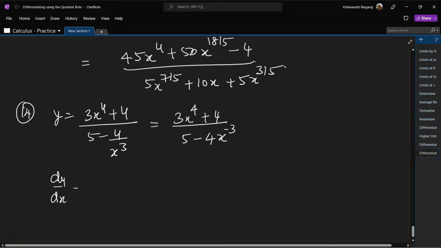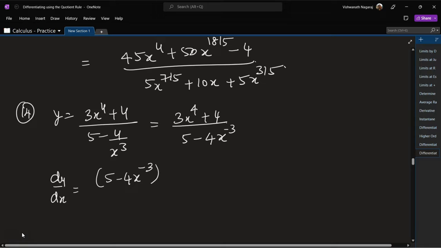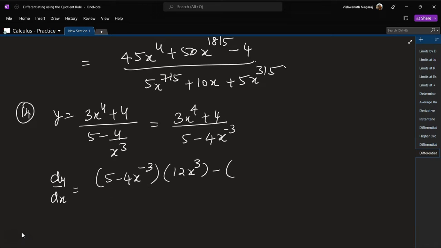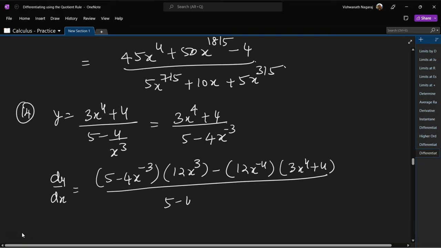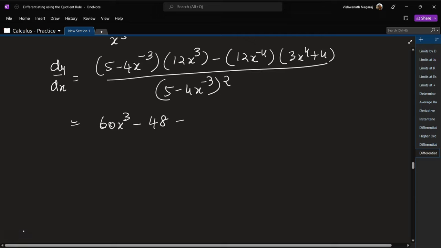dy by dx is equal to denominator as it is, 5 minus 4x to the power of minus 3, times the derivative of the numerator, so 12x cube, minus the derivative of the denominator, so 12x to the power of minus 4, times 3x to the power of 4 plus 4, divided by 5 minus 4x to the power of minus 3 square, which is equal to 12 fives are 60 x cube minus 48